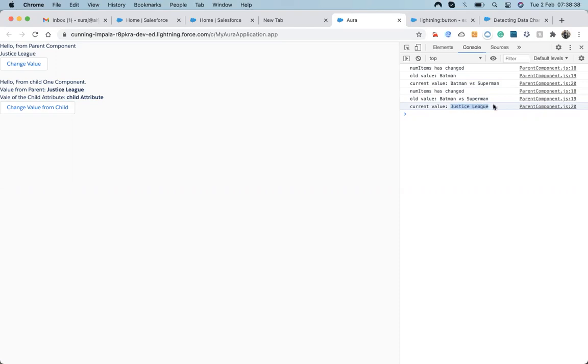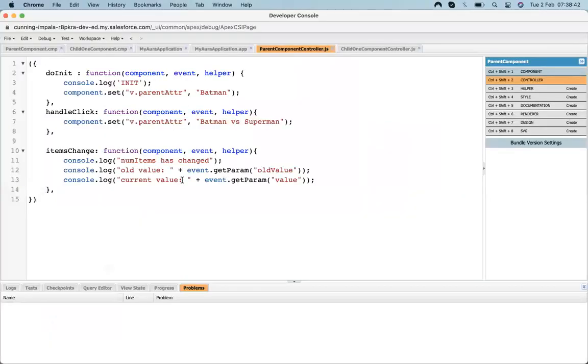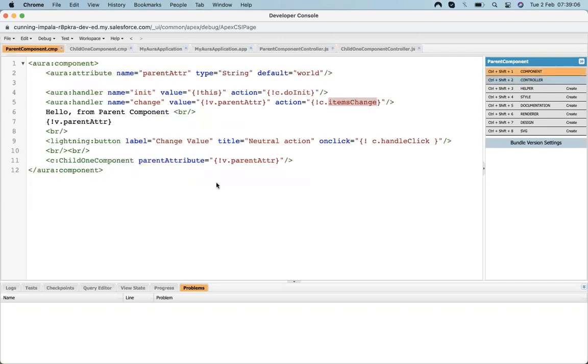So this is the way, and this change event helps us perform any action whenever I change a value inside a child component. Suppose we have a situation where we need to call an action from the parent. Let's have an example, then we can talk about this.